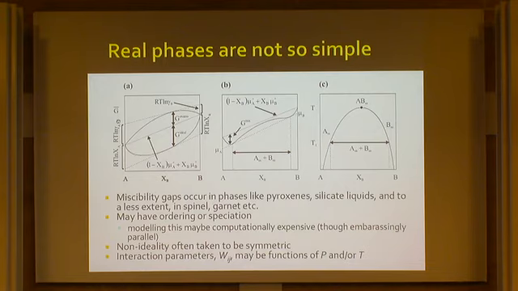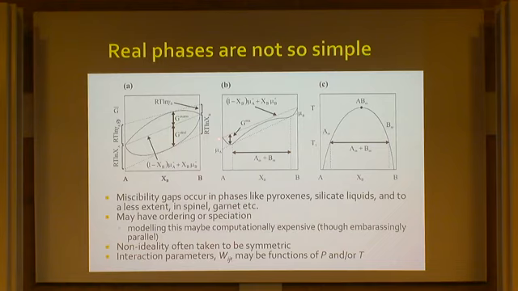If it's an ideal mixture, you would get this. And if there's some non-ideality, you will get some excess term, which is not necessarily positive. I'm just drawing it as positive in this figure. And the sum total, you can end up with